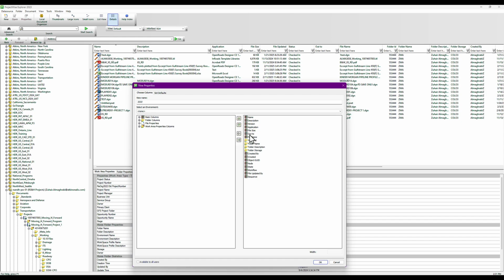Status, I don't care for that. This I would like to keep an eye on. I want to see who got the file. File name, well,